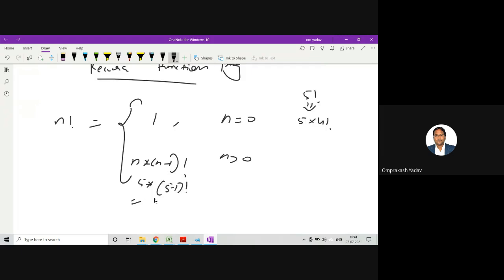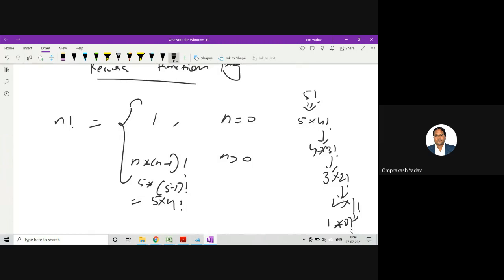So this is nothing but 5 into 4 factorial. Similarly 4 factorial I can write as 4 into 3 factorial, 3 factorial as 3 into 2 factorial, 2 into 1 factorial, and 1 into 0 factorial, right? You can also terminate on 1, no problem with that.